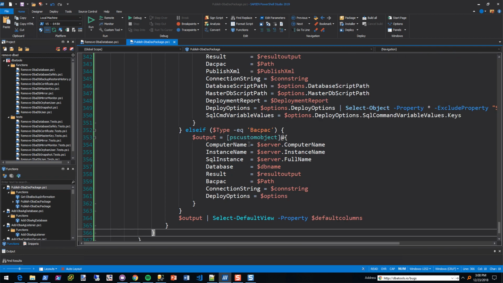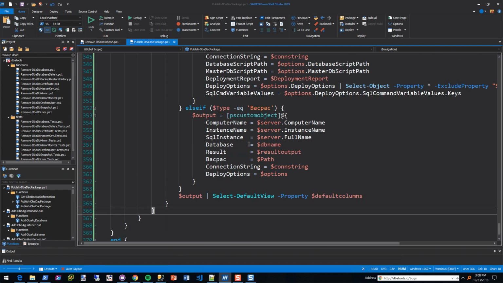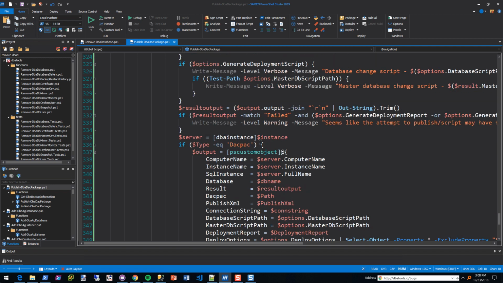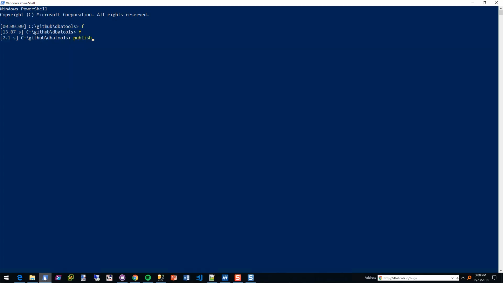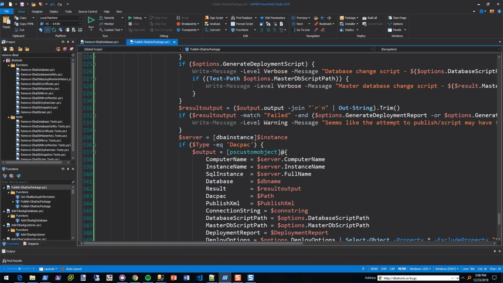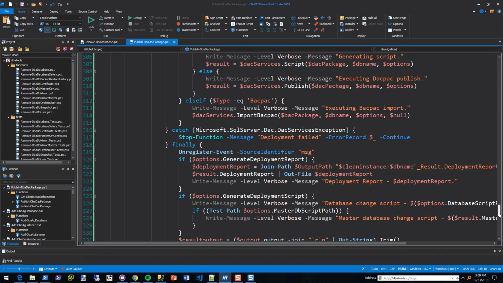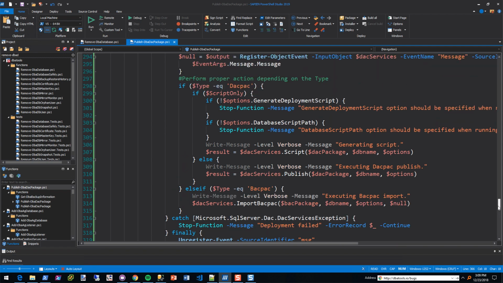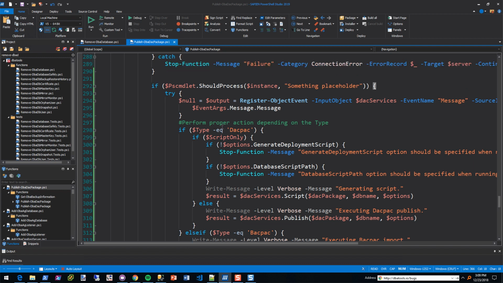All right, so it looks like so far the syntax is okay. But let's see what happens when we run Publish-DbaDacPackage. You know what? I think I needed to do some clears. I need to actually create a profile to pass it in. And I'll try to be a little bit, let's see, for the placeholder. A lot of times what I'll do is I will go to the verbose.